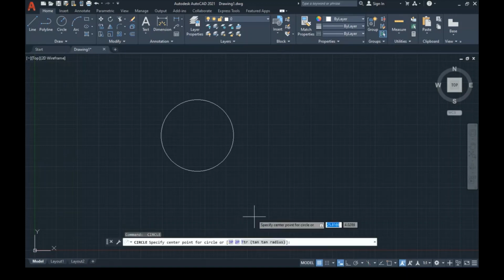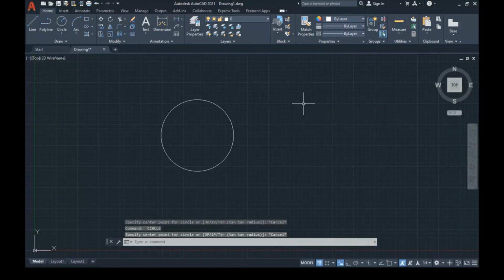Now look, it depends. If you are a right hander, you will use your right hand to hold the mouse, and with the left hand you can press space. So it is quite easy to do it with space and the command. You are holding the mouse and with your left hand you press space, and the command comes into the picture. So this is the way to repeat commands. Whenever you have to repeat the command, either you use space bar or you press enter.